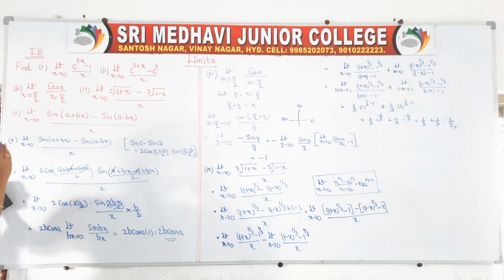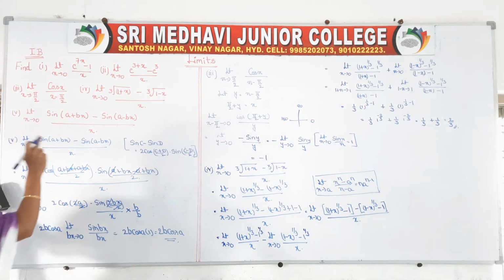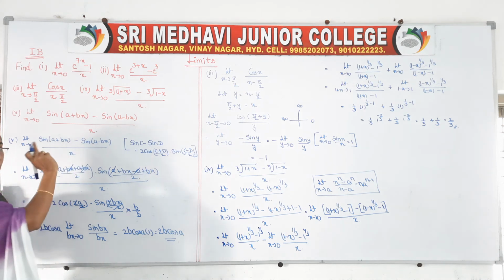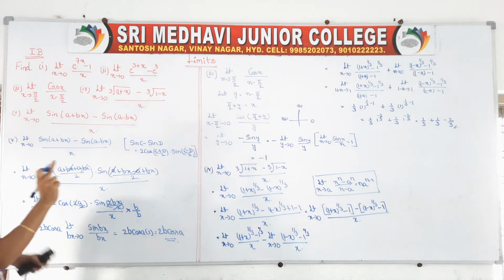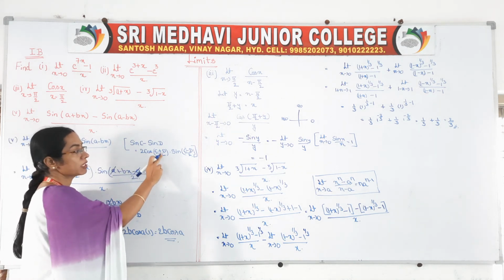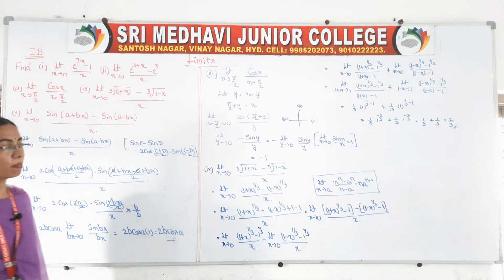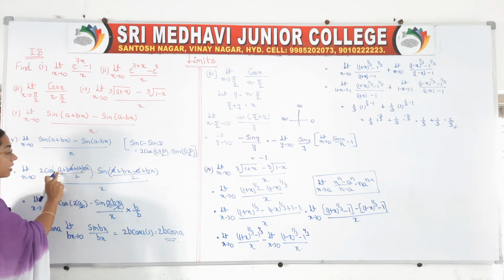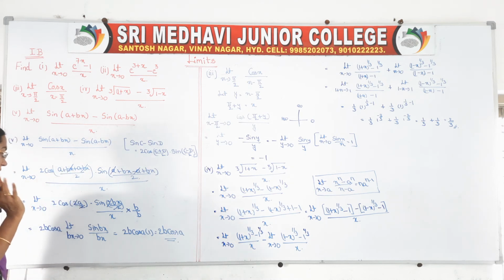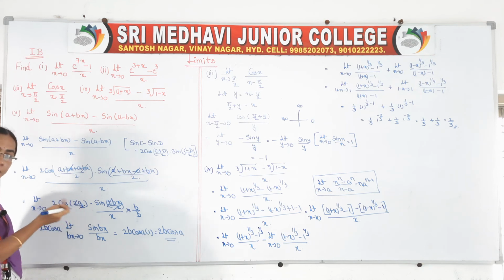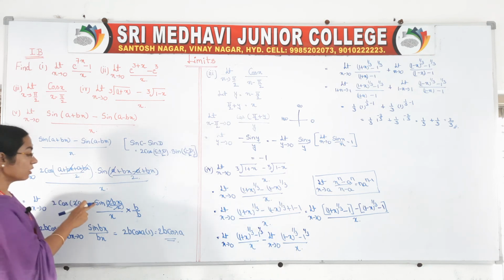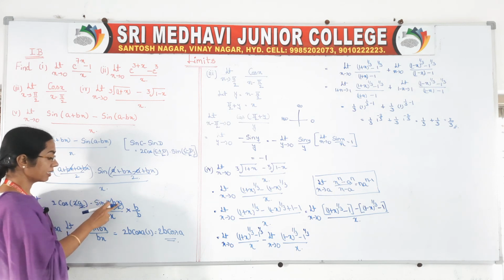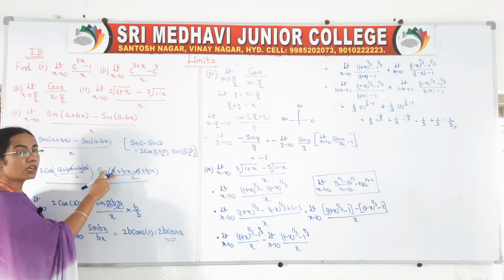So very simple. If you observe this, we are doing calculus. Limits means calculus, and we are applying the trigonometric formulas. Okay, it is in the form of sin c minus sin d. Whenever it is sin c minus sin d, formula is 2 cos of (c plus d) by 2 into sin of (c minus d) by 2. So we applied that one, right. So we got bx minus bx cancel, 2a by 2 cancel, right. So it is 2 cos a, it is a constant right outside of the limit. And if you observe here, it is a sin bx by x. This x I have taken for this one.